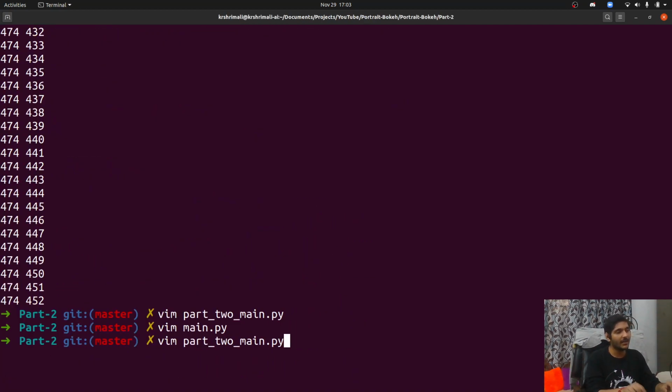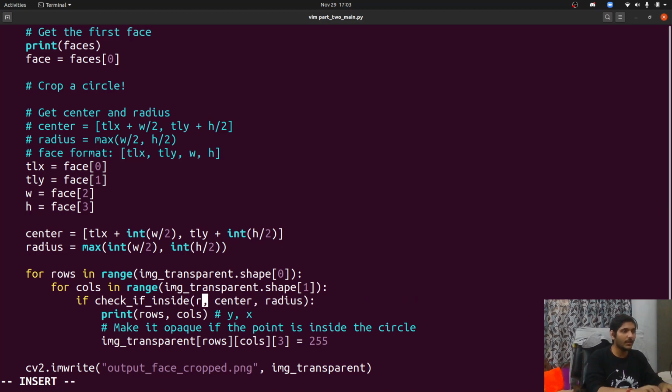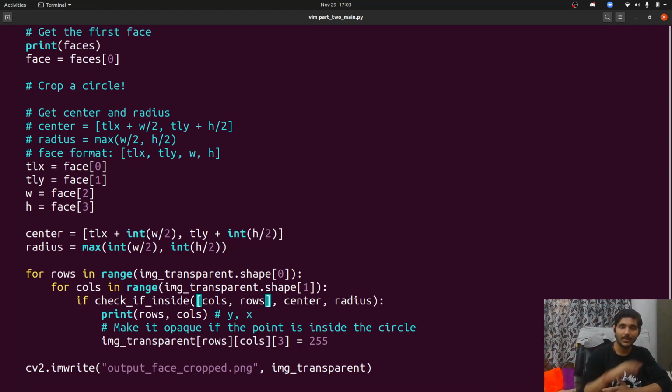Oh, all right. I got it, guys. What's happening is I forgot that we don't have to pass this because this is the pixel value. Instead, we have to pass the coordinates, right? Because we are comparing with the coordinates. So we have to say that x comma y will be in this format. I'm doing this on recording, guys, because that is how debugging happens.